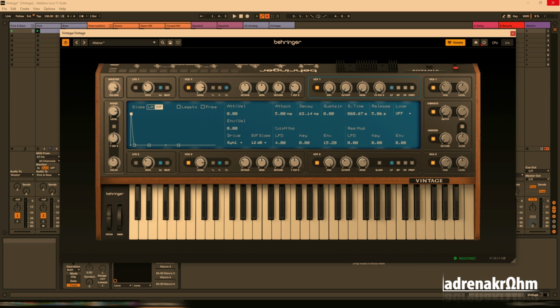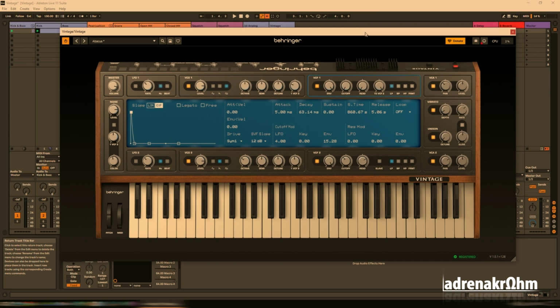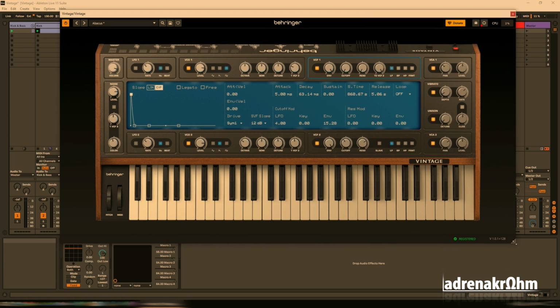This week we're looking at Vintage from Behringer. Now Vintage is their first VST or plug-in instrument, but it has quite a bizarre pricing model, and that is that it's free, but it has a valuation of $99 for some reason. How they came up with that, I'm not sure. But instead of paying that, you can either download it for free, or you can then donate up here. So to be fair to them, the donate is for quite a good cause, but let's see if it is